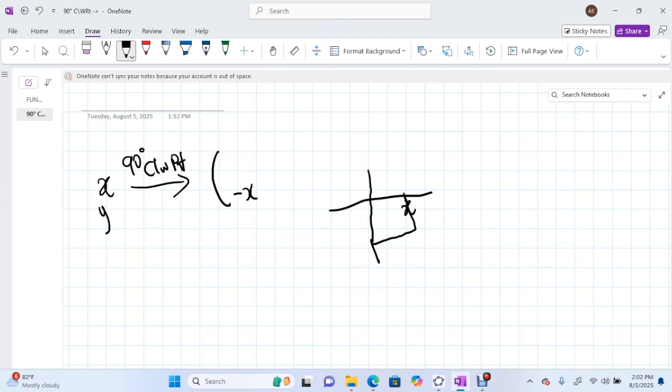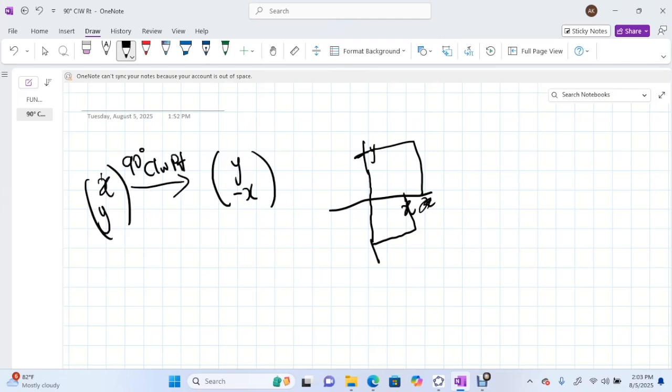And if we have the point y, like positive y, it is going to be up here. Let's assume this point is a y. Then a 90 degrees clockwise rotation is also going to land on the x-axis. So that y is going to be on the x side. So this is the rule that we use to perform 90 degrees clockwise rotation. You interchange the positions of each of the values that's given, and then you negate the x, which now